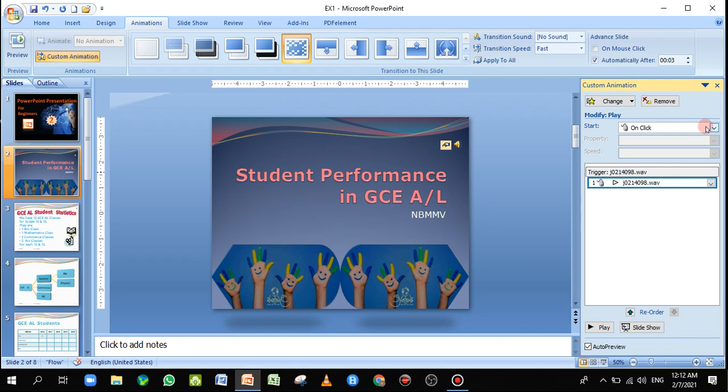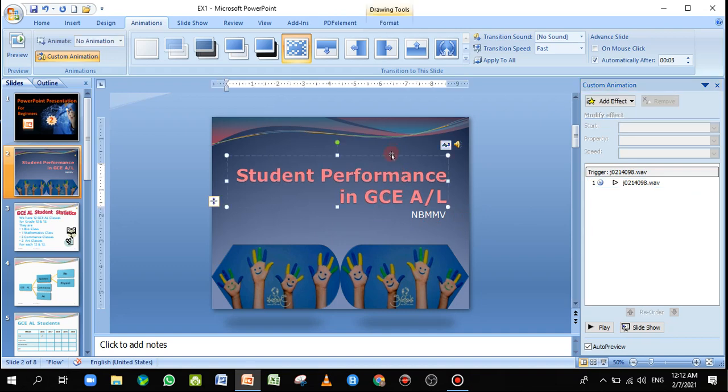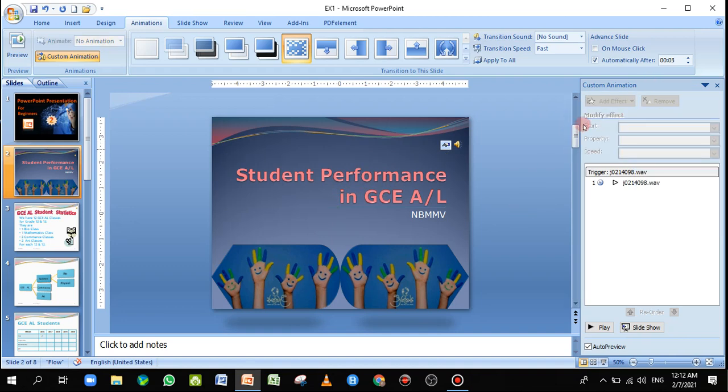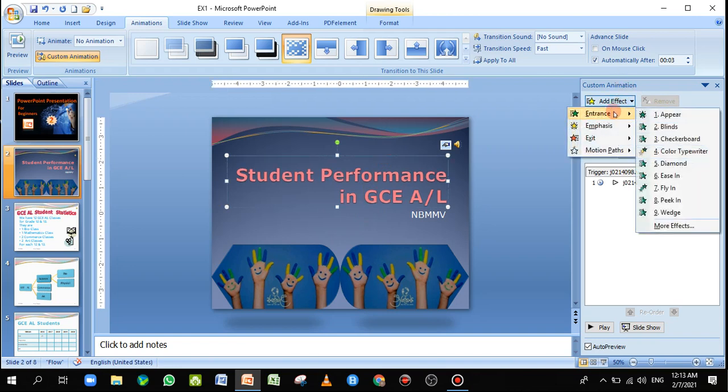So I am going to change this to after previous, which means after the slide this should come. Okay, so it will play after the slide comes. Then I am going to select this student performance in GCE A-level. Here you should know there are 4 types of effects. Actually, when you select the object which you want to apply the effects to, the effects will appear, otherwise they won't be available here. Okay, so I'm just clicking this and I'm going to add an effect. I want to enter these letters to the slide, so I say fly in